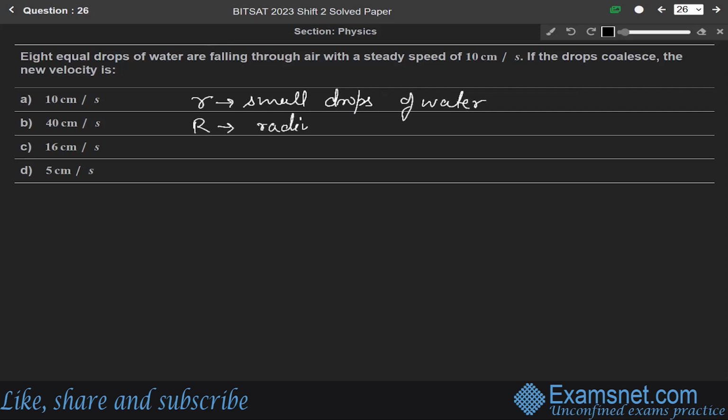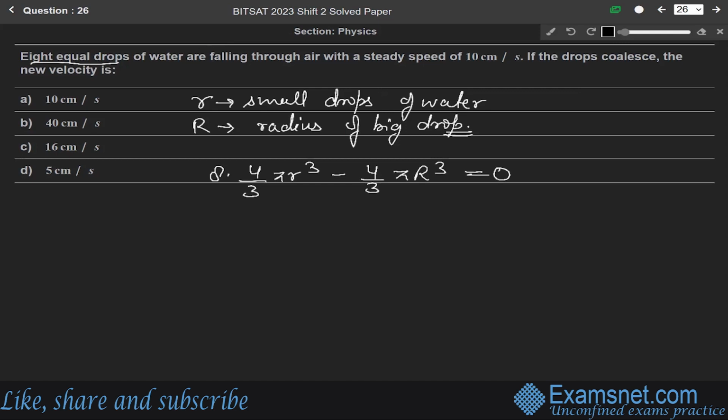Now 8 small drops are making a big drop. So for it, 8 into 4 by 3 pi r cube minus 4 by 3 pi capital R cube